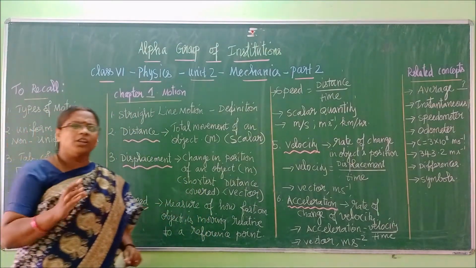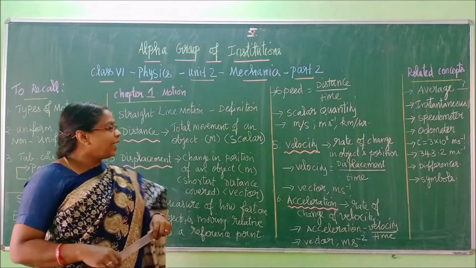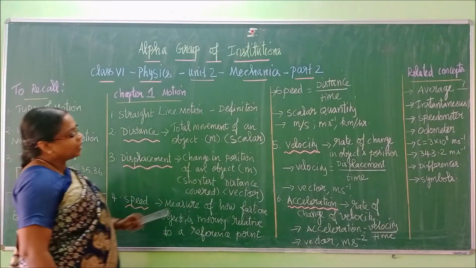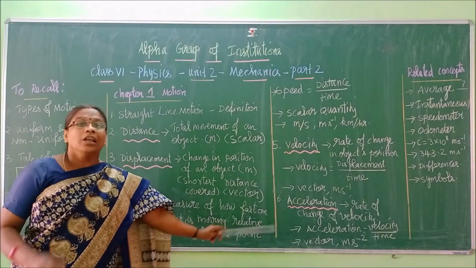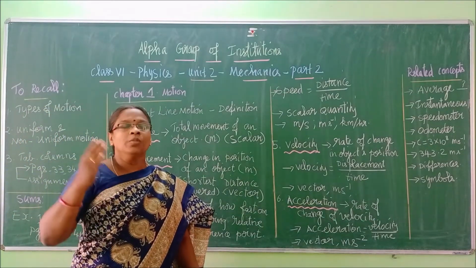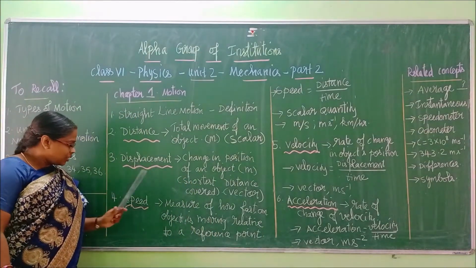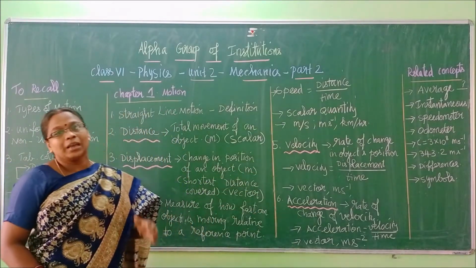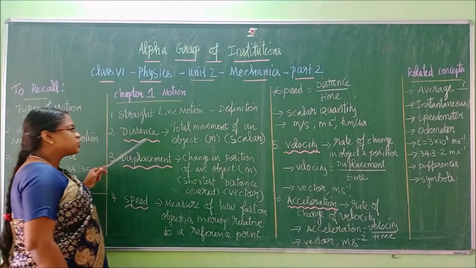Next, there are some important concepts you need to know in this part of the motion lesson. The terms are distance, displacement, speed, velocity and acceleration. In this order we are going to learn now. After you get accustomed to the concepts and have practiced, then you can change the order. So what is the order? Distance, displacement, speed, velocity, acceleration. Why I am saying the order should not be changed is, when you learn this you can understand. What is the first one?